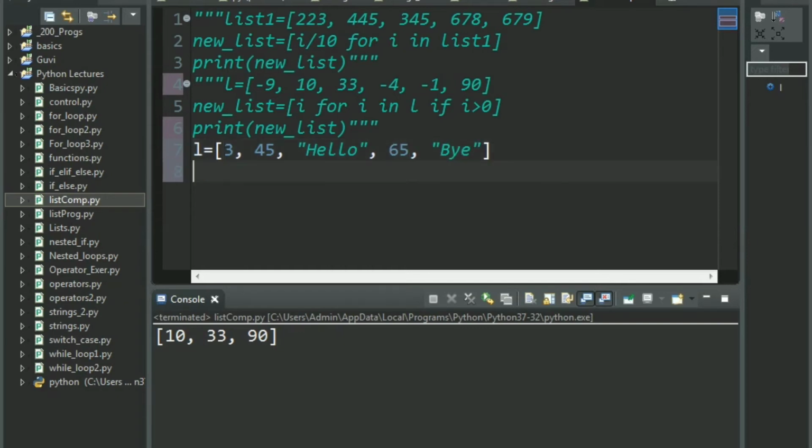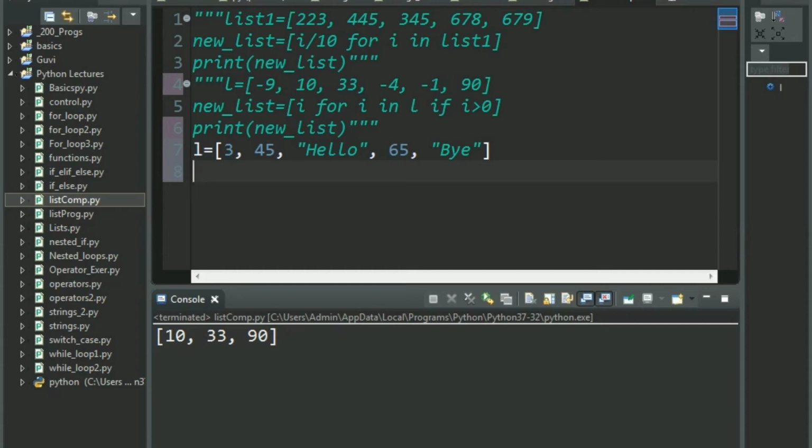This is our list. Now if you remember, in the second lecture of this Python sessions, we had learned about two inbuilt functions, that is type and isinstance. So type basically gives us which class the variable belongs to, or the element belongs to, and isinstance checks if a certain element belongs to a class or not.